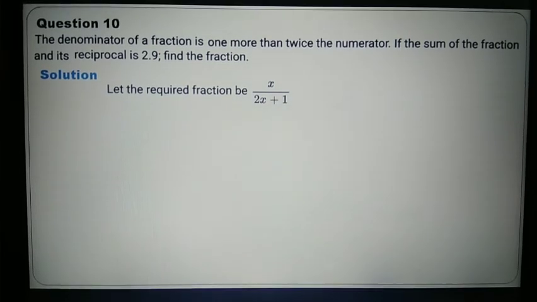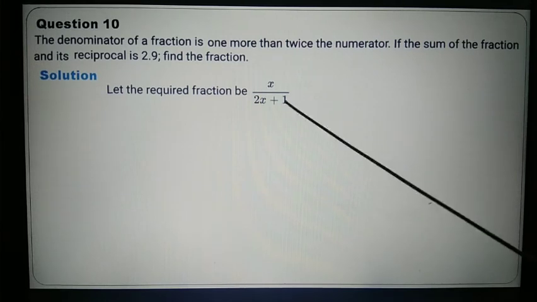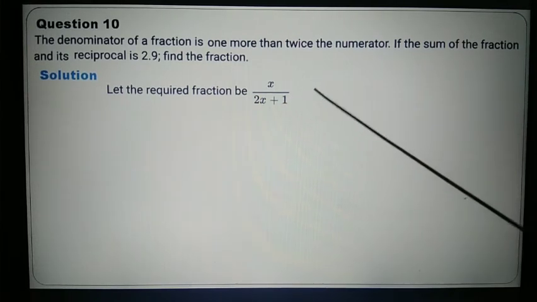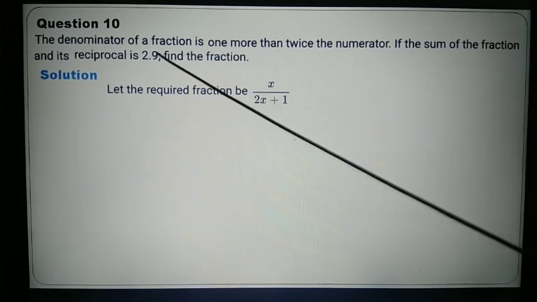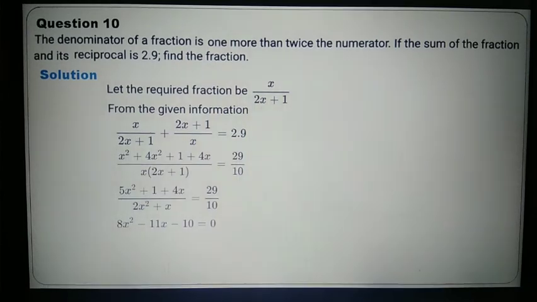Now according to the question, the sum of the fraction and its reciprocal, so its reciprocal is going to be (2x plus 1) by x. If I add these two, then my answer is going to be 2.9. So from the given situation I should have this one, right? You know how to proceed to form your quadratic equation. All the steps have been given here, so you can copy this and arrive at this